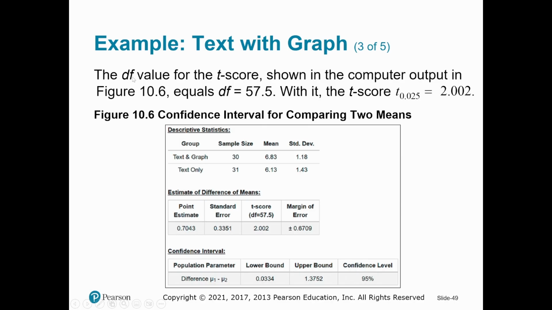So the degrees of freedom value for the t-score, ooh, the devil's in the details on this one. If you did this in Stats 1, the devil's in the details in this one. But shown in the computer output is 57.5. All right, so let's just say the computer gave us the right t-score and the degrees of freedom,